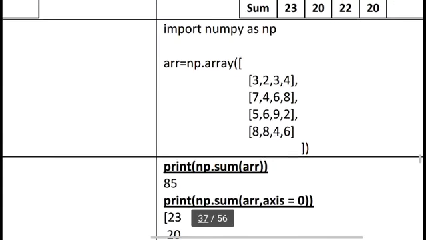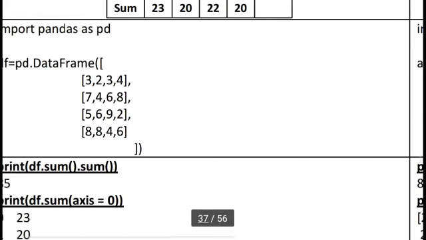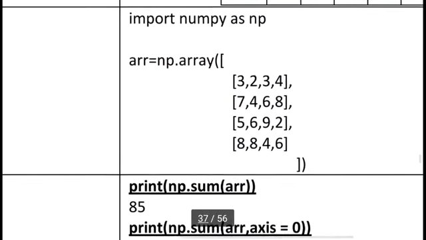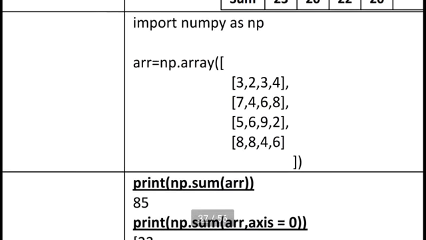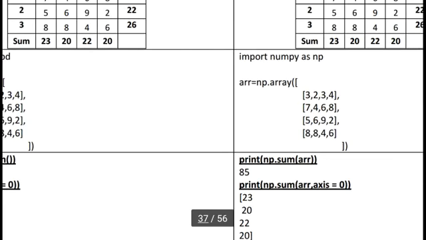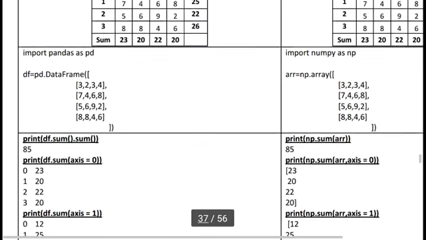Here I am writing array equals np.array, using import numpy as np. So first I want to store data in a NumPy 2D array or a pandas data frame. We have two options to perform the same thing: either the pandas data frame, or the NumPy 2D array.